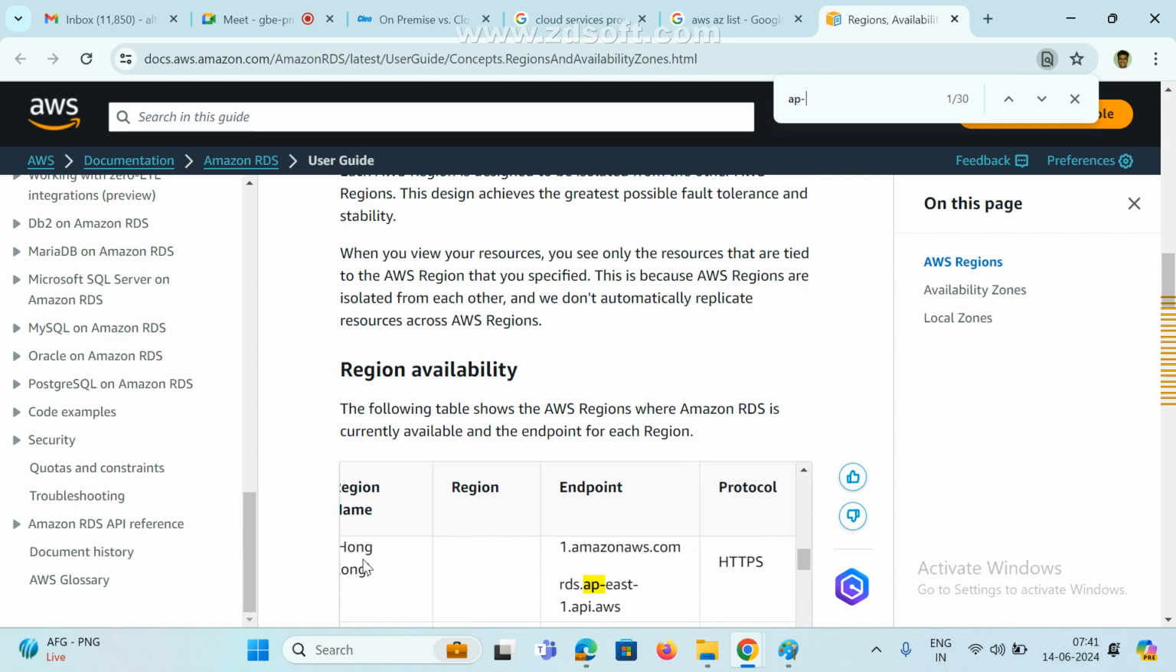Okay, now we can see here. This is the Asia Pacific, and so AP East 1, and AP South 2 also. AP East, AP South, Asia Pacific. This is Hyderabad. This is Hyderabad. So this is the